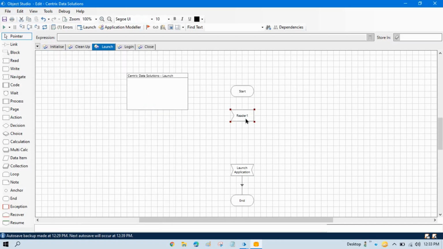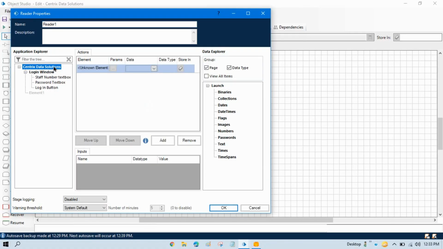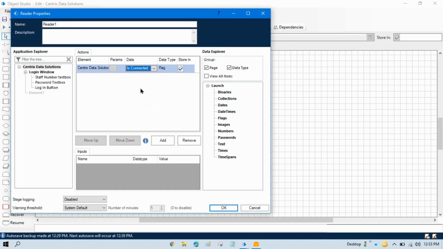So double click on that, and here we have the main top level window we will connect with, and from the data we have IsConnected. So we will check if this application, this element, is connected or not. So we will write here read connected. Here we have to store the value in the boolean, in the flag. So we will write here connected